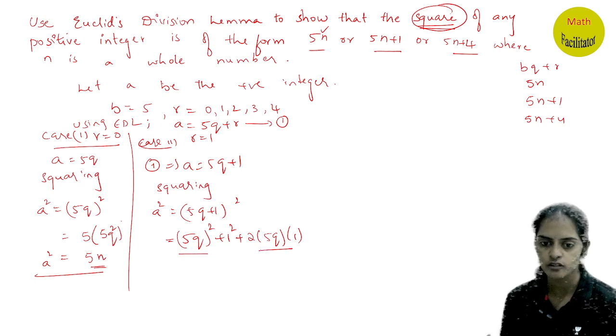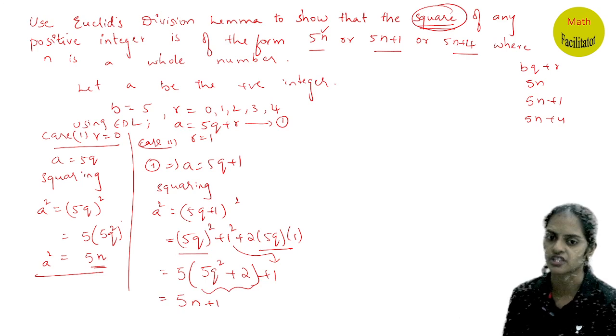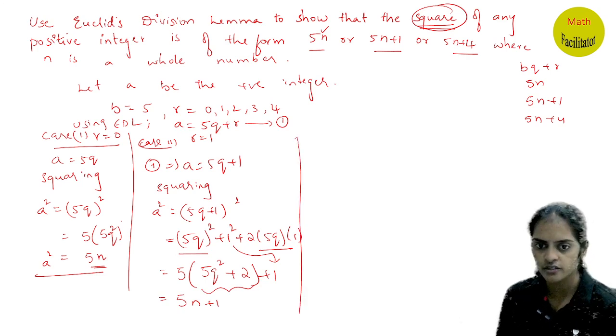So ఈ రెండిట్లోంచి 5 కామన్ తీయొచ్చు చూడండి. సో 5 కామన్ తీస్తే 5 క్యూ స్క్వేర్ ప్లస్ 2 వస్తుంది. ఈ 1 పక్కకు రాసుకుందాం. సో దిస్ ఇస్ లైక్ 5 ఇంటూ ఈ మొత్తాన్ని ఎన్ని తీసుకుంటే 5n ప్లస్ 1 సెకండ్ వచ్చేసింది. అవునా? నెక్స్ట్ థర్డ్ చూడండి, కేస్ 3